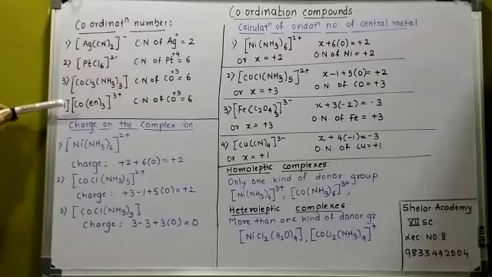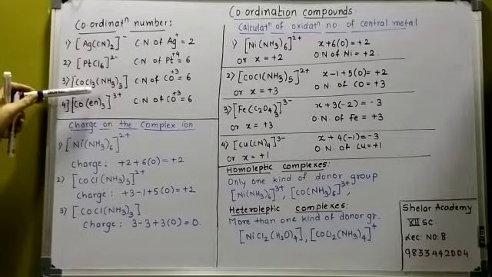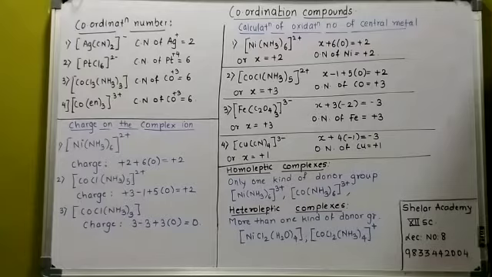Similarly, you can see for these examples, I would like to explain the coordination number of either of these. See, how many ammonia ligands are there? 3. Fine. And how many chloride ligands? 3. So why is the coordination number 6? Can any one of you explain why the coordination number is 6? Because here ammonia is unidentate, there are 3 of them, and 3 chlorides, so the total is 6.